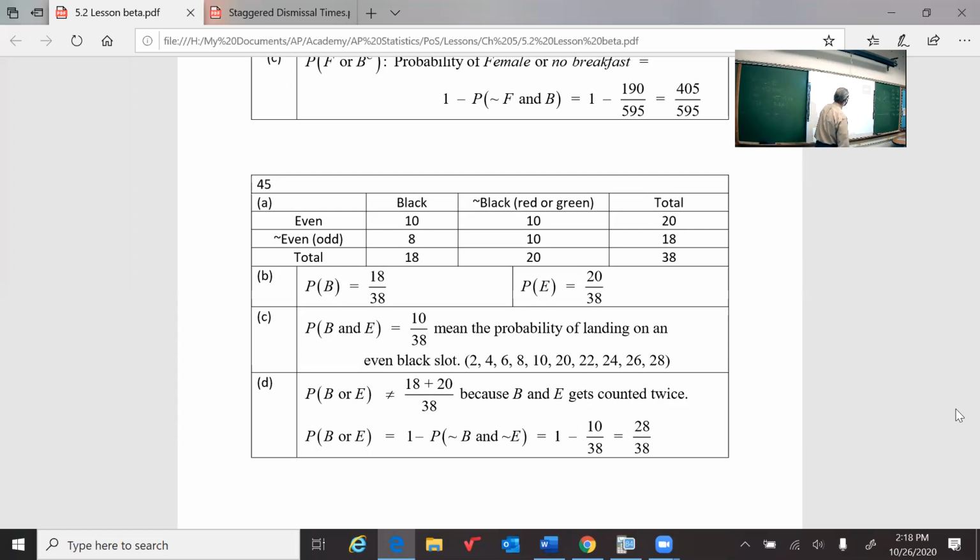You can't just add the 18 and the 28, is what I'm pointing out to you, because black and even gets counted twice. I might have overdone this. But you're saying black or even, I go to not black, not even, that's 10. Take that away from 38, leaves you at 28 over 38. All right? So if you are at home